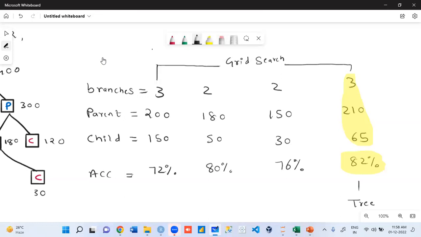Step number 3 done. It could be 85, 90, 89. Whatever we get, I have written it. You will select the highest one that comes close to 90, but more than 90 is overfitting, so we cannot select that one. Clear? Any question, please ask. So trying multiple combinations is called grid. Finding the best one from multiple combinations is called grid search.